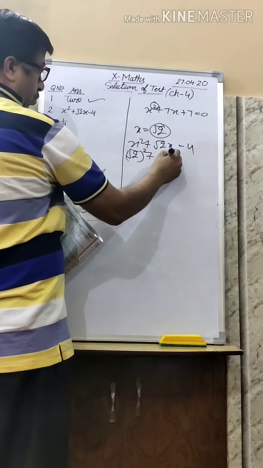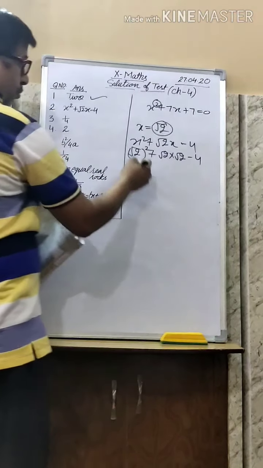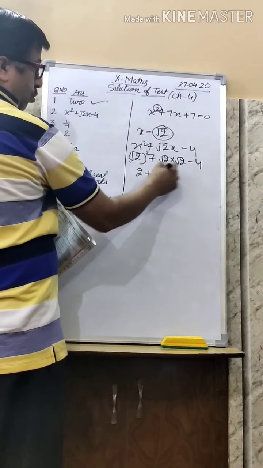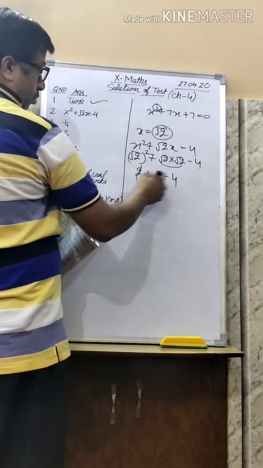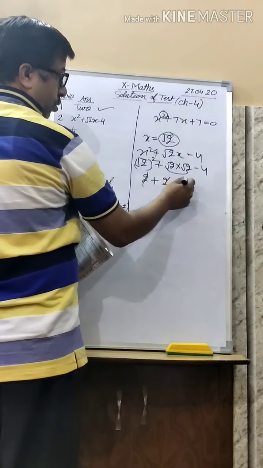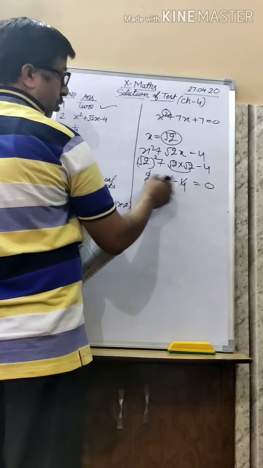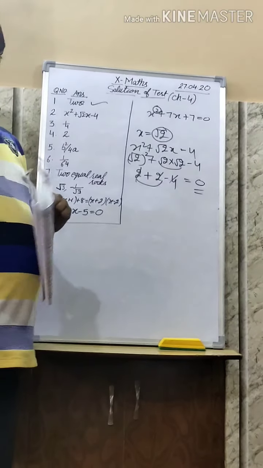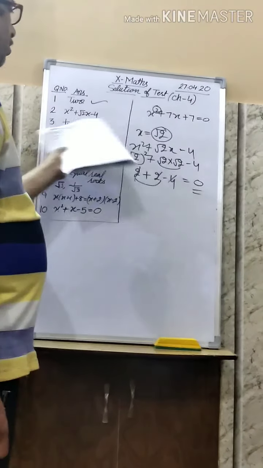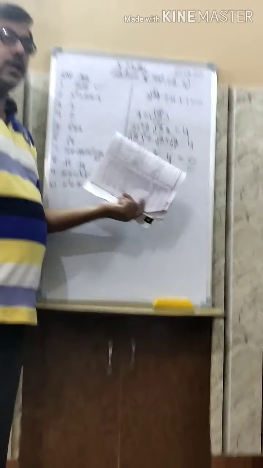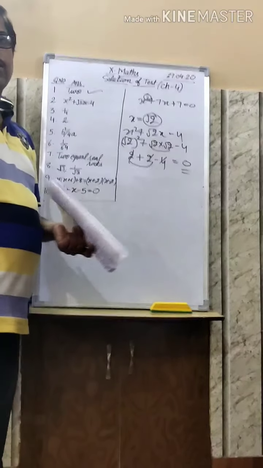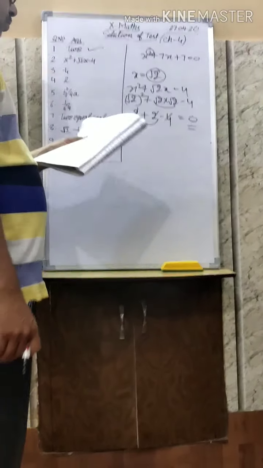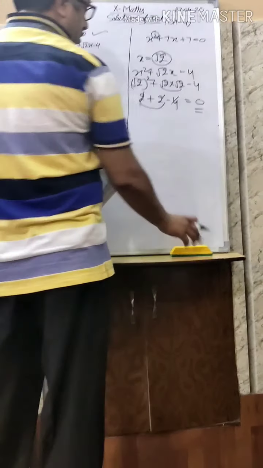Root 2 into root 2 minus 4. So it is 2 root 2 into root 2, 2. So you see here 2 plus 2, 4 minus 4 equal to 0. Because if you are saying check x = root 2 of which equation, you put x = root 2 in all equations, and where we are getting 0 as the answer, that is the solution. Simple. Now the next question was, which of the following is the root of the equation?